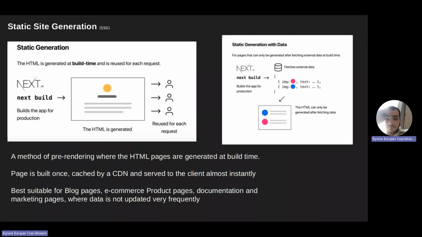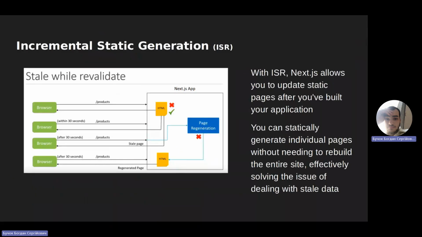So this method allows us to generate HTML on the server and just serve this HTML to the user who requested it. Incremental static regeneration, with ISR, Next.js allows you to update static pages after you build your application. You can statically generate individual pages without needing to rebuild the entire site, effectively solving the issue of dealing with stale data. So the issue we mentioned just a few seconds ago was solved by the Next.js team by developing incremental